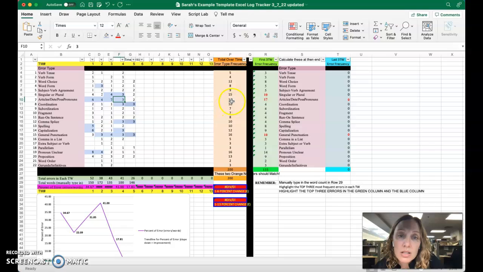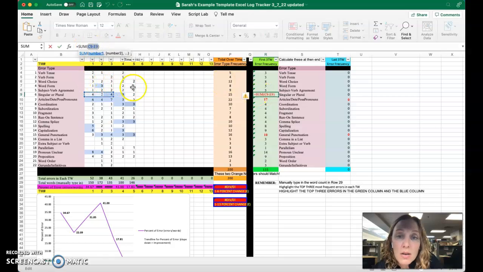The other way you'll be able to see those trends is the total numbers will add up, telling you, okay, so this and this and this and this are areas where I have my most errors continually. But the green column is your first 3 time writing errors. You'll see that that calculates C through E, 1 through 3. And those totals,